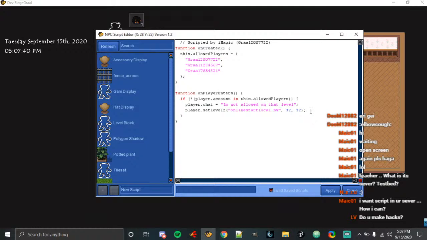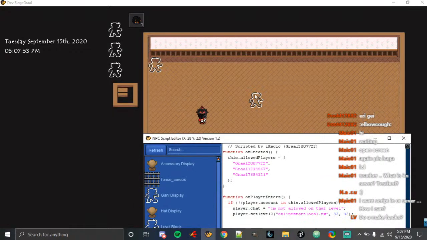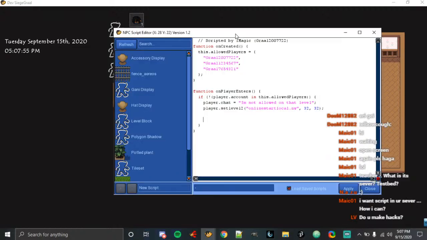Now what we're going to do here is, for us as the owners of the level, to know when somebody comes in, we probably want to have this NPC that we've created, which is this one right here, say who just tried to come into the level. So let's do that. this.chat equals, and here I'm going to use the format method because it's a very elegant way of keeping information organized. So if you don't know how formatting works, basically there are these, and this is not the only one, but there are